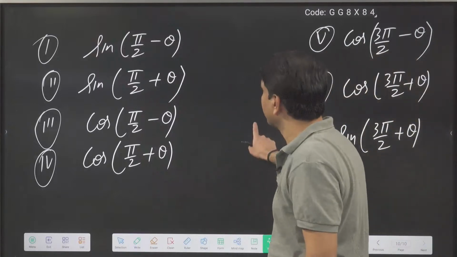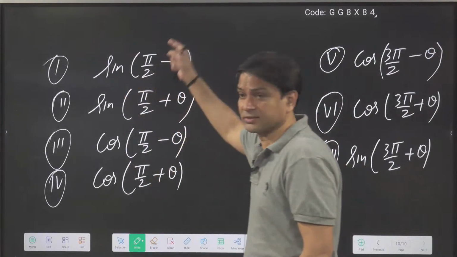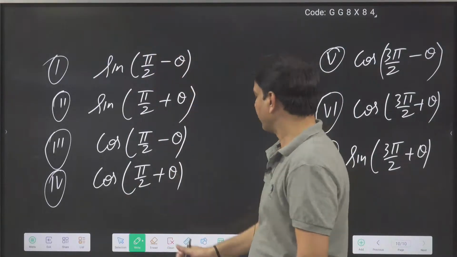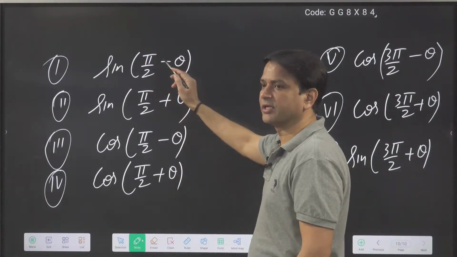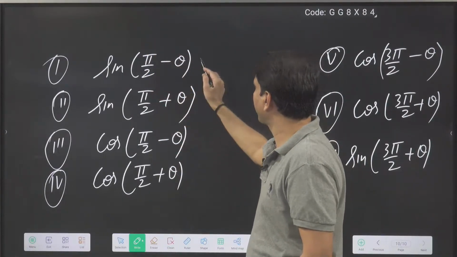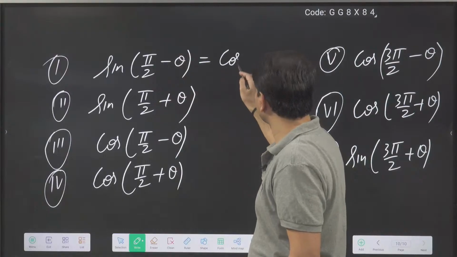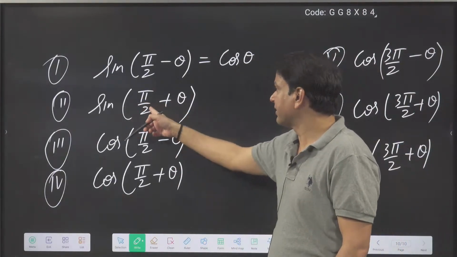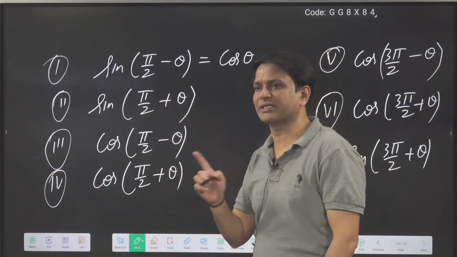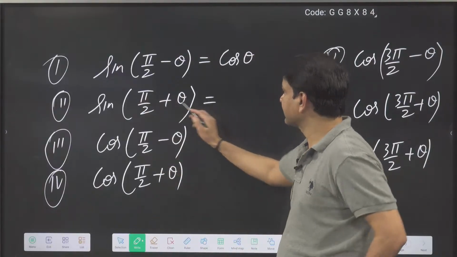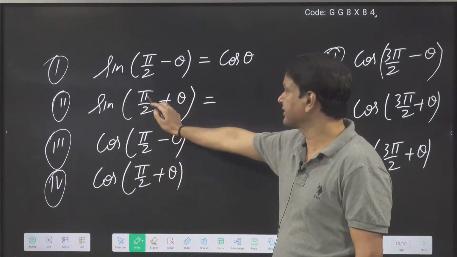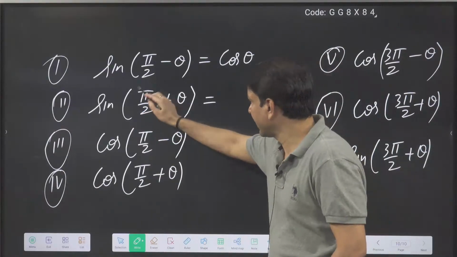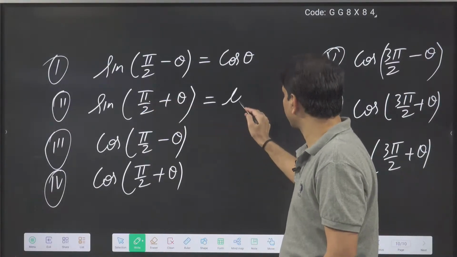Okay, so first one, pi by 2 minus means first quadrant sign is positive. Now I am using the odd multiple of pi by 2, so this sine I will write as a cos theta. Okay. Second one, sine pi by 2 plus means second quadrant sign is positive. Okay, but I am using the pi by 2, so sine I will convert into the cos,